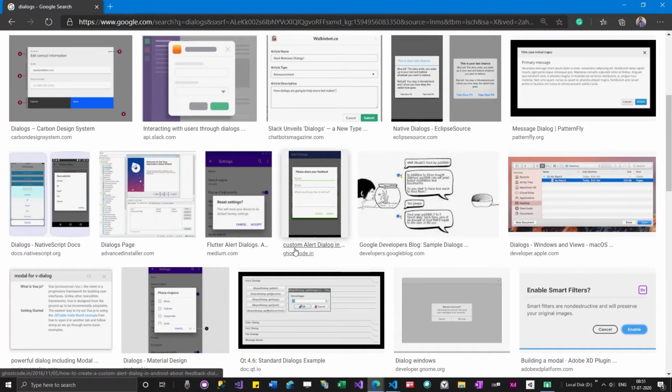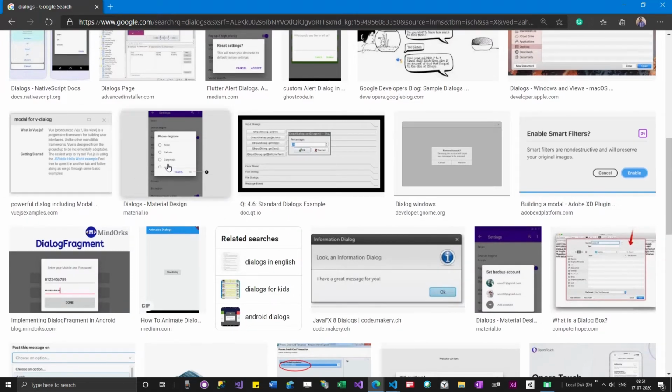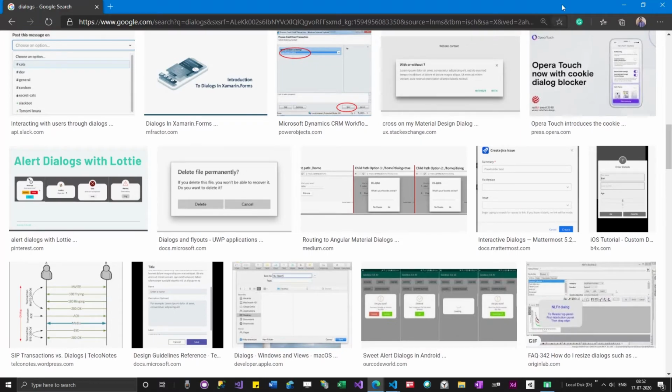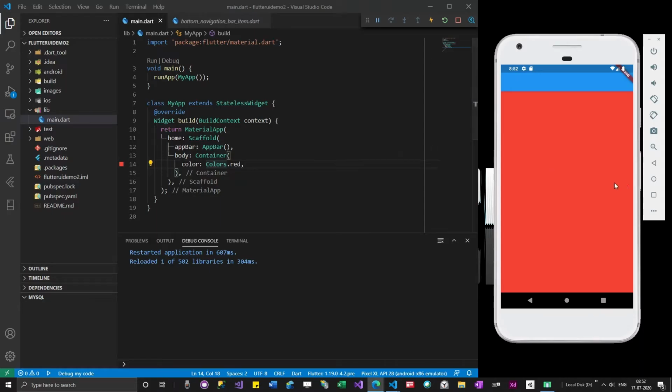So that's how I understand it if you don't have access to the frameworks. In Python, dialog means this; in Java, dialog means this. But anyway, dialogues are the same everywhere. See, "Delete file permanently? Delete, Yes" - these are dialogues. In Windows you will see a lot of these dialogues. Whenever there is an error, you show it through dialogues. Whenever you need a user acknowledgement, you show it through dialogues. So now you understand what is meant by dialogue.